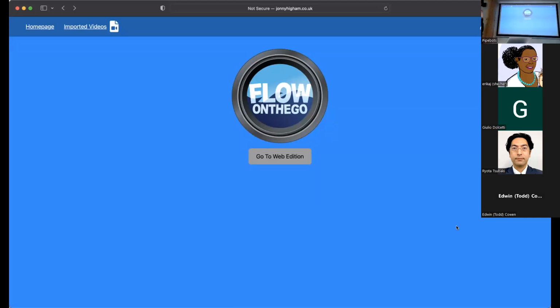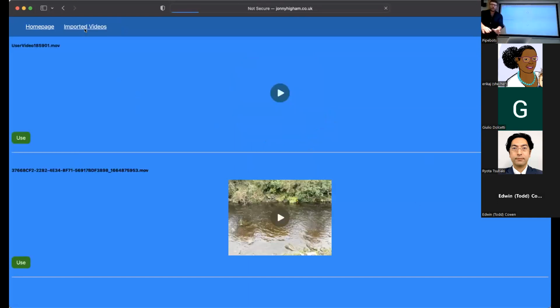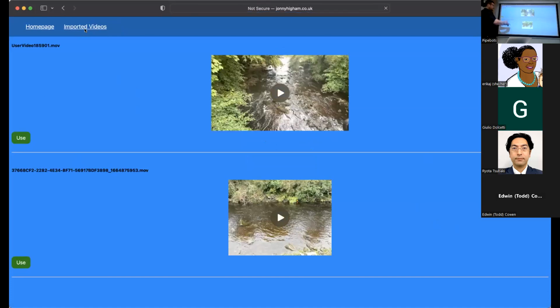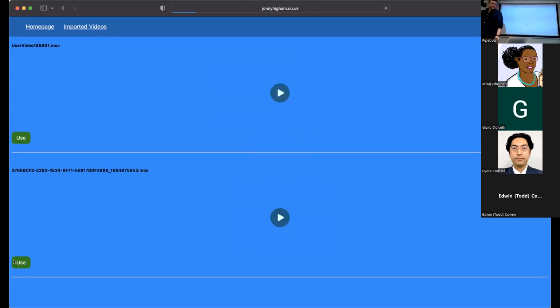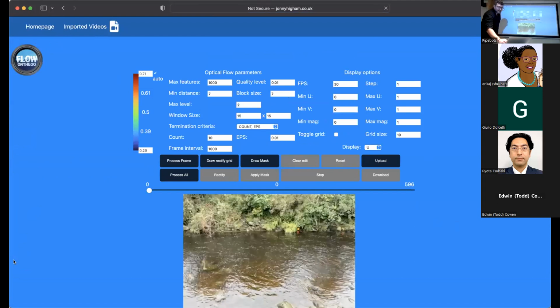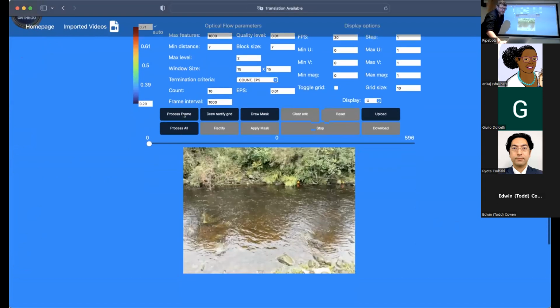It's a drag and drop version of Go on the Go online. It's all written in JavaScript, and if you've ever written in JavaScript, it's a painful language to write in. I had some help from Michael, a PhD student who's done some really good work on this. You can export your video straight from the app onto the browser. Oh look, I've got that video there, which has come straight through. We've also got this video. We're going to use this video. It goes straight in, and now, using just the browser,